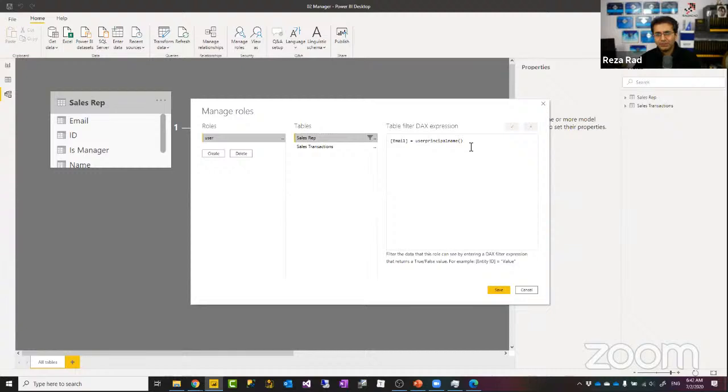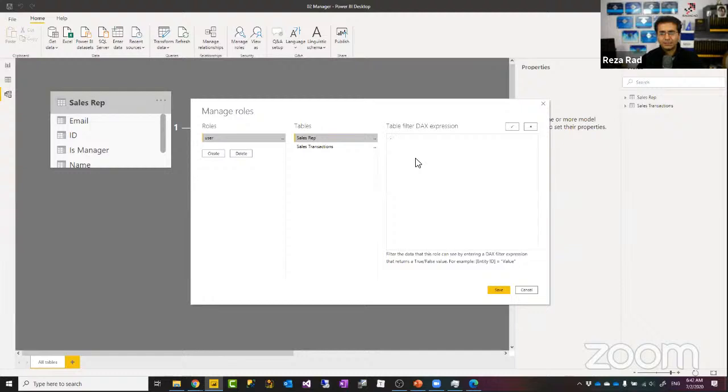So if I'm removing this manager role, how can I write an expression here that tells me if it is a manager, we'll see everything, and if it is not a manager, we'll see only things like that? I need to actually write an if expression, something like that. I'm just writing it as pseudo code for now, then I'll explain how it works.